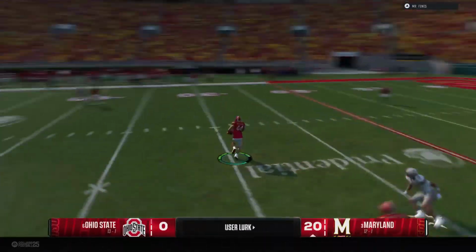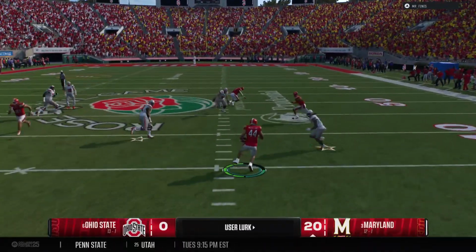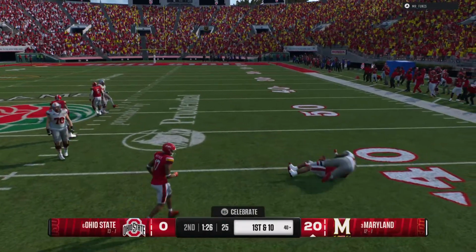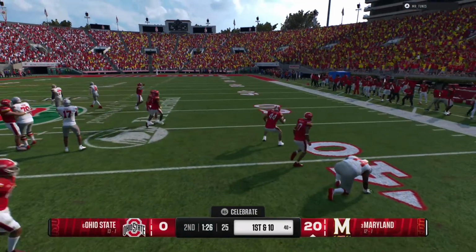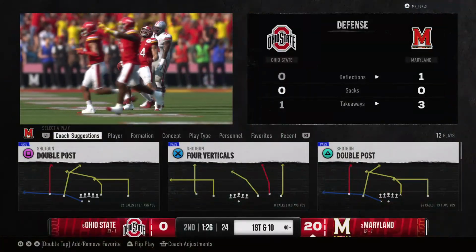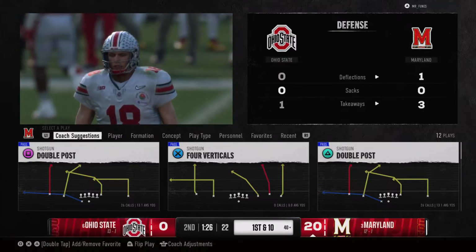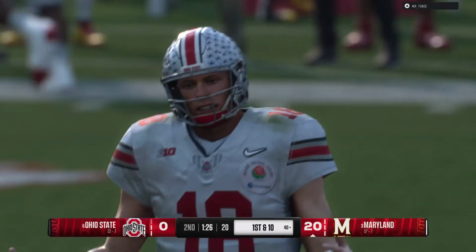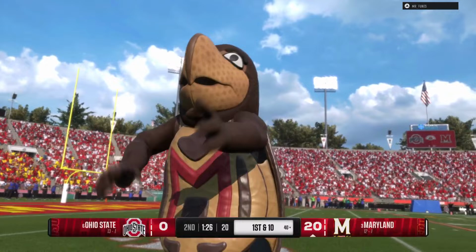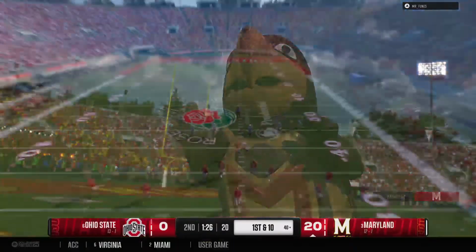Quick throw to his receiver. Oh, the pass is picked off. Follows the pick with a nice return before finally being brought down. Really nice job of mixing up the looks here by this defense. Sometimes man, sometimes zone. They fool the quarterback here completely, and he throws the pick.